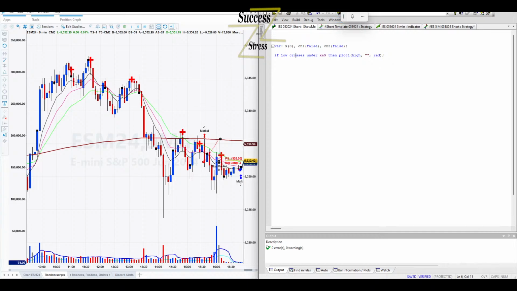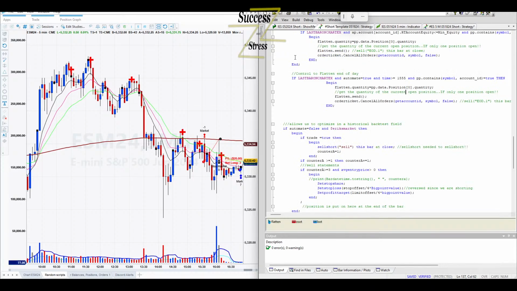All right, so for kicks and giggles, let's just take this and put this into a script and see how it would actually perform. So this is short template.